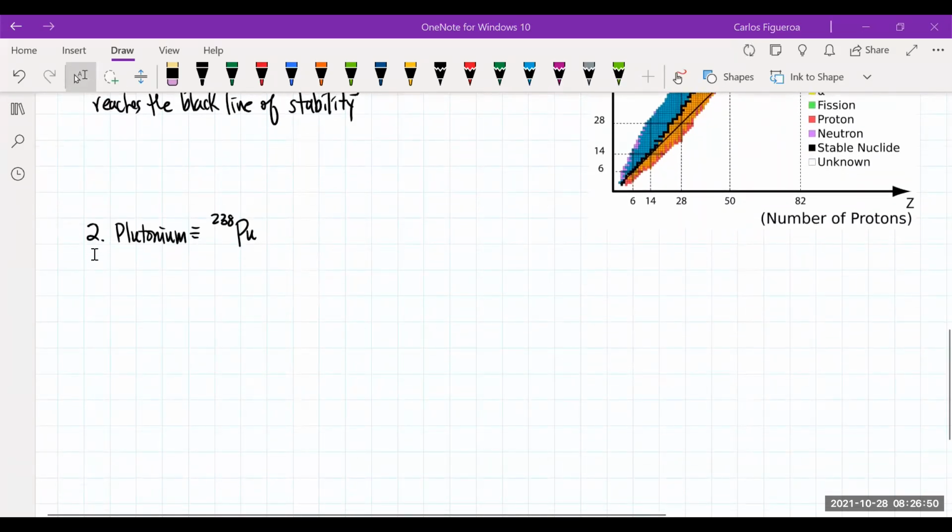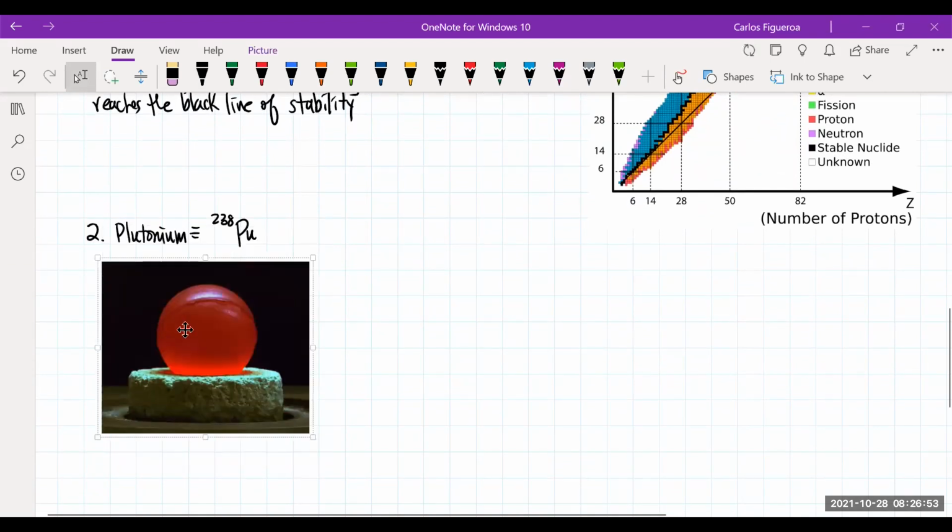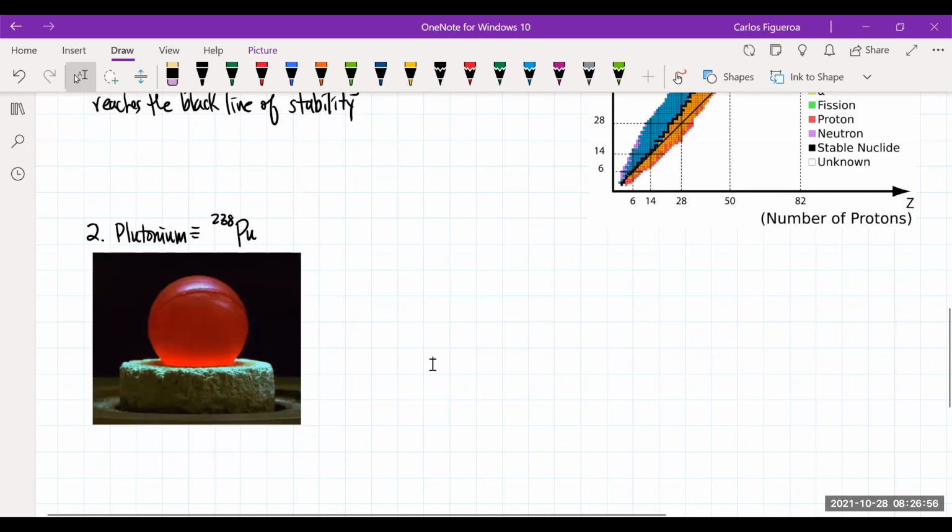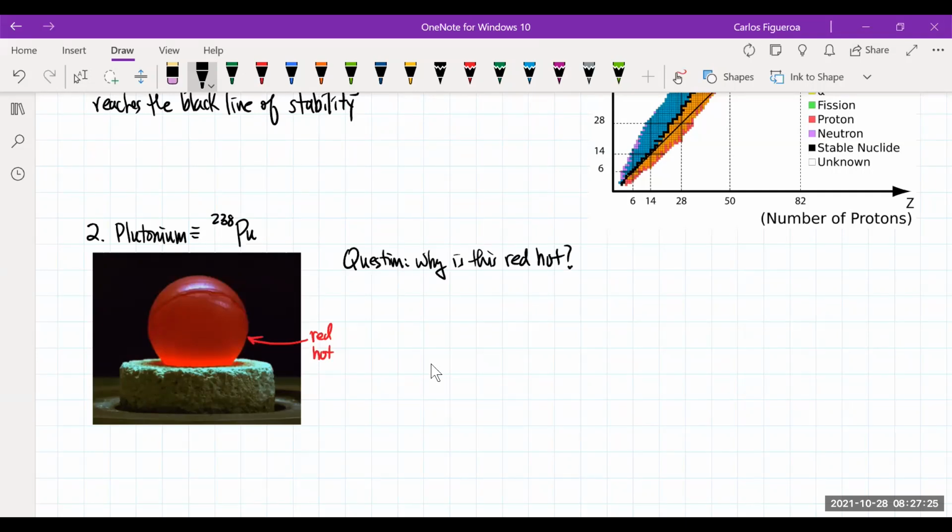And here we go. Check out this image. And you look at this image and you're saying, man, that's really bright red. Well, it's actually red hot. It's really hot. So the question here, why is this red hot? And what you find here is that this sphere